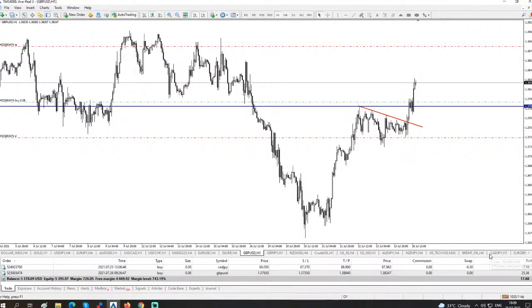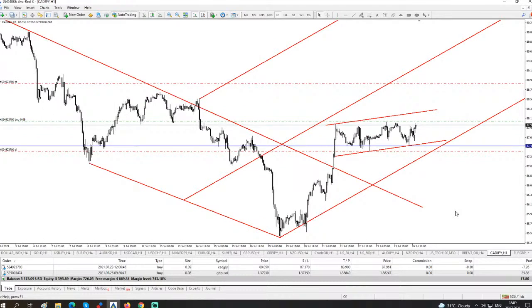And let's take a look also on the Canadian dollar versus the Japanese yen, our buying position. So you asked me on Friday what should we do with this position, and I've told you that personally I'll keep this position. And as you can see here, the price in our real account, in our VIP real account,